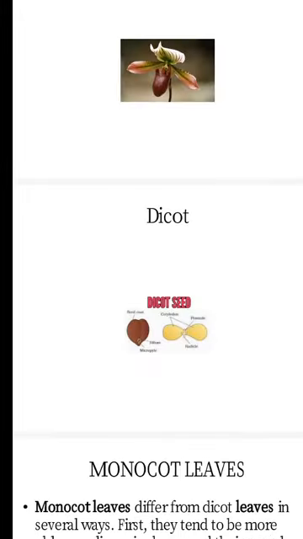And now we see the basic difference of monocot and dicot seed by their seed germination picture. First of all, we will talk about monocot seed. Monocot have only one seed leaf inside the seed coat. It has only a thin leaf because the endosperm to feed the new plant is not inside the seed leaf. So we know that the endosperm is not inside the seed to feed the plant.